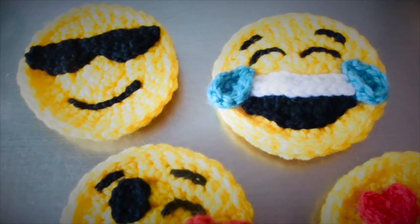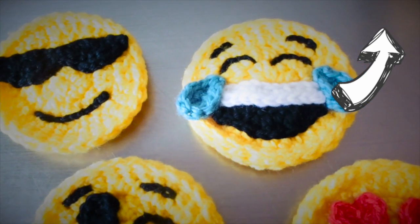but if you still don't know the basic crochet stitches, I recommend you go to the basic crochet course for beginners so you can practice a little before making your